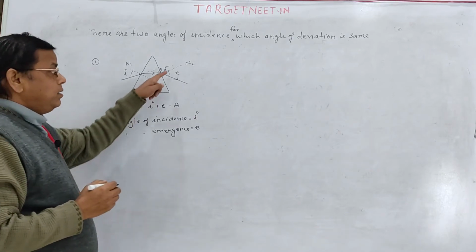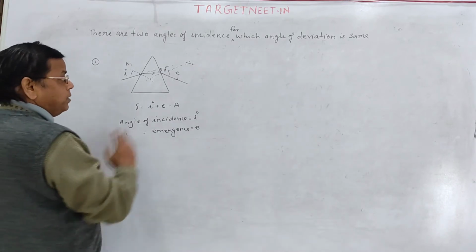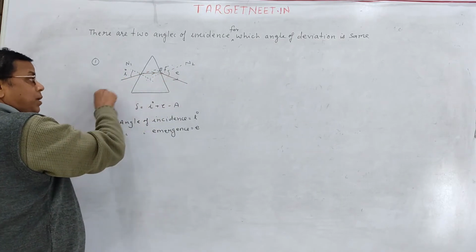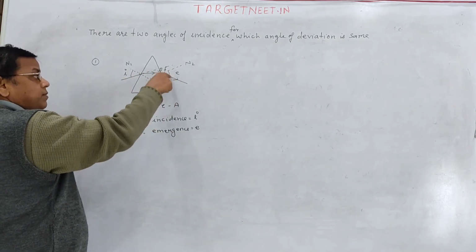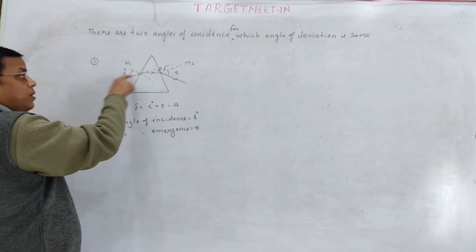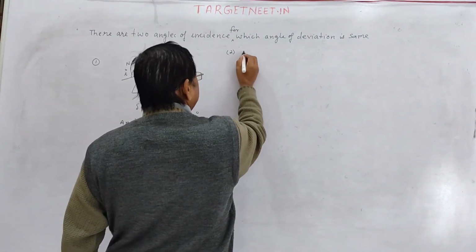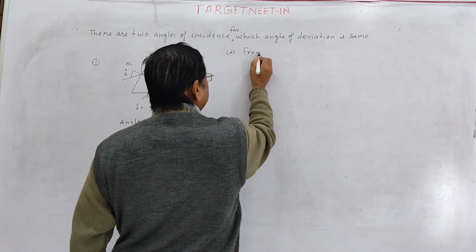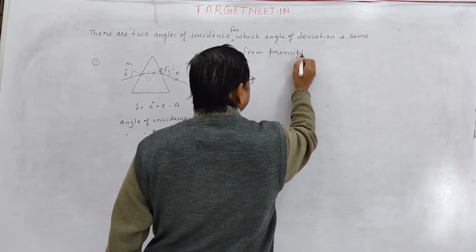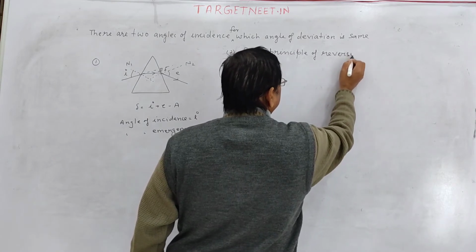Now if I make E as angle of incidence, I know that if I put a plane mirror so that this ray falls perpendicular on this, then ray will retrace its path, means this angle of emergence now becomes angle of incidence, and this angle of incidence now becomes angle of emergence. So from principle of reversibility,